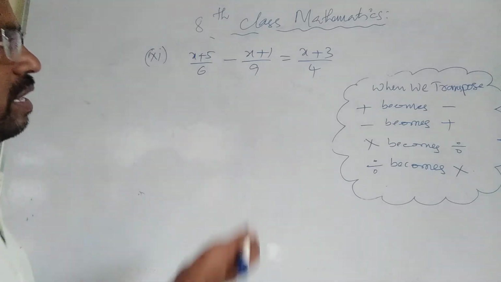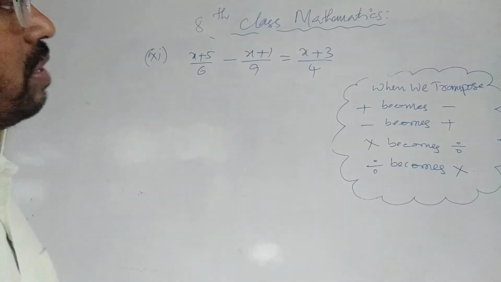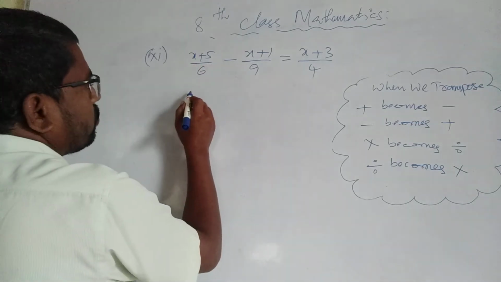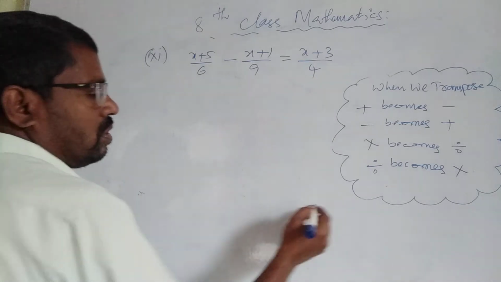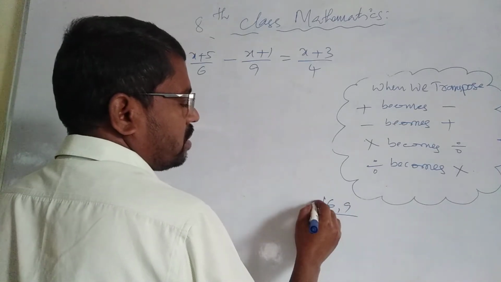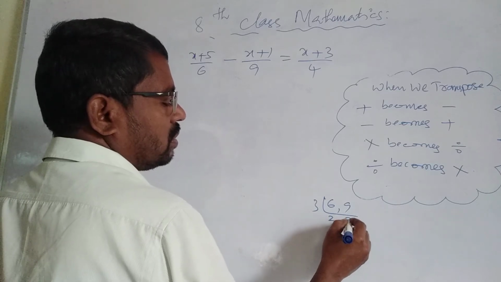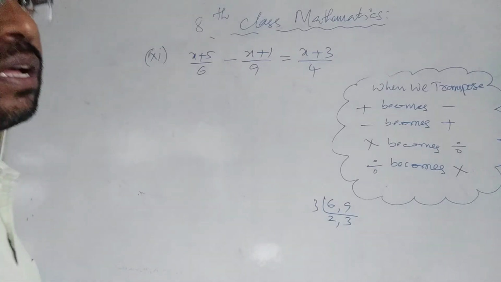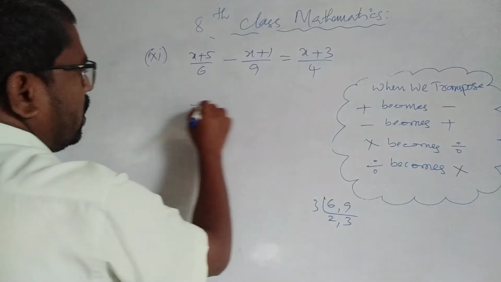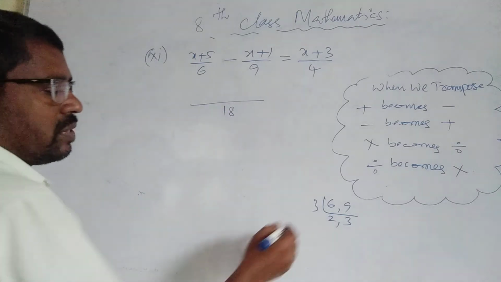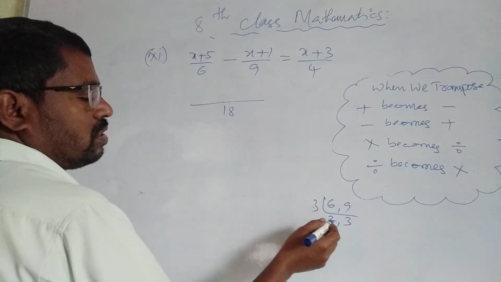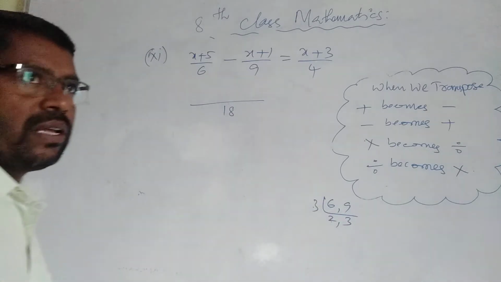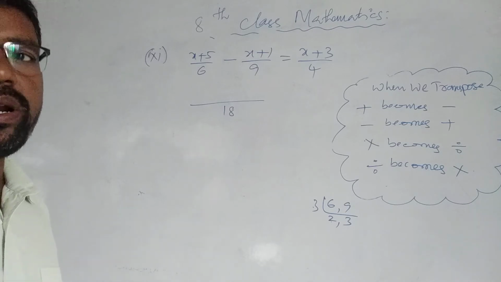So I want to take the LCM on the left hand side, and the right hand side has only one term. Then after that I will change this. What happens now? The LCM of 6 and 9. How much do you have? 6 and 9. See the LCM, 3 table. 3 2s are 6, 3 3s are 9. Then nothing else here. 3 2s are 6, 6 3s are 18 is the LCM. 18 is the LCM because 3 into 2, 2 into 3 into 2, 6, 6 into 3, 18. The common multiple for 6 and 9 is called the LCM, least common multiple.